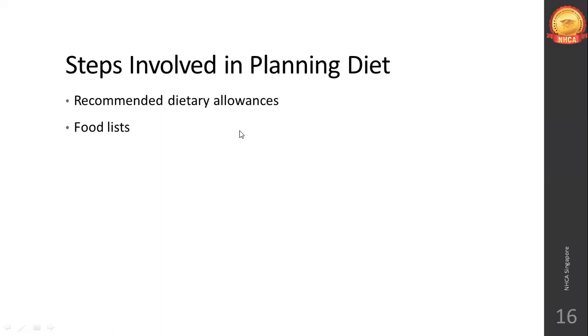Then you have to prepare the food list. So the food list we can make using the tables which they have provided in the textbook, specifically the ICMR tables and the exchange list tables, which is present on page number 25. Those who have the textbook, page number 25. So page number 25 and 26, a big table is given. Usually if you go through the recipes given there,